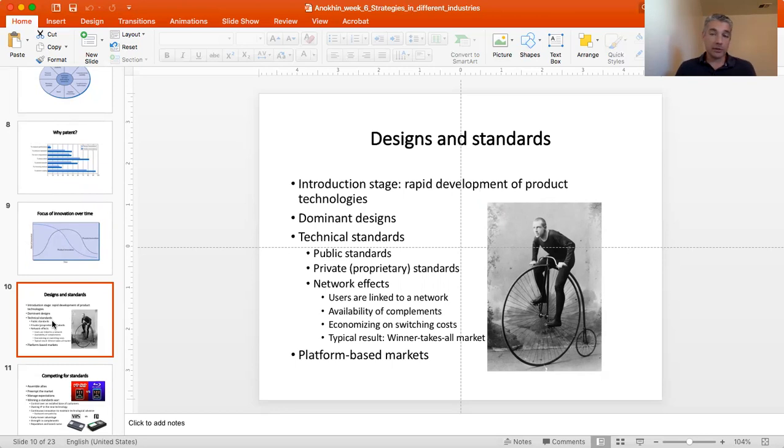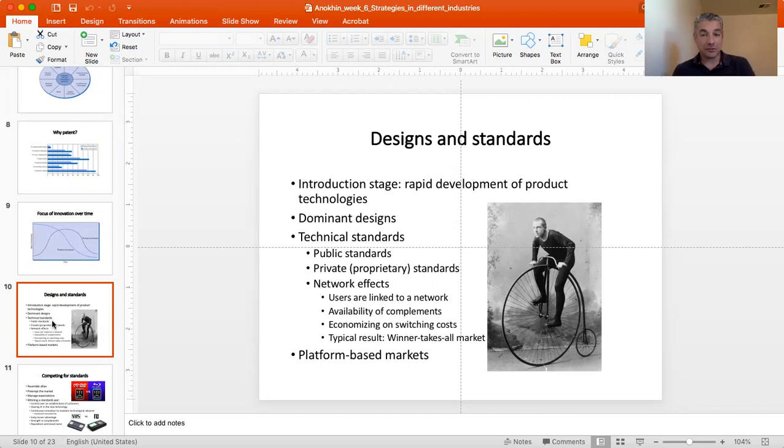If you think about bikes, I have this picture here of a really old one. Early on in the life of that product, bikes did not look very much like what they look like today. So it took a series of errors and trials to find a design that was, I guess, effective. Once that happened,